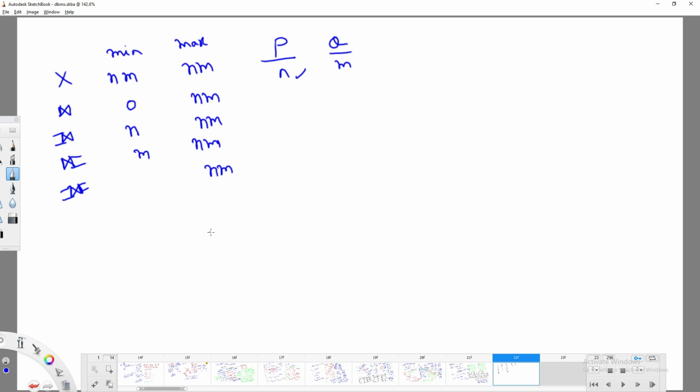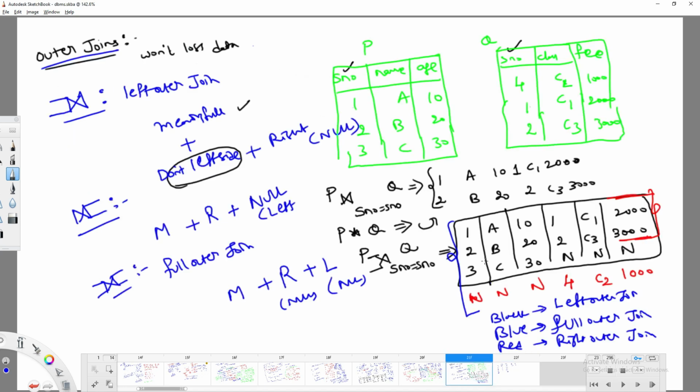What is going to happen here? I am going to write the common data first. Then I am going to fill the left side data with null values and the right side data with null values, right? So can you take some example where we can get the resultant value?